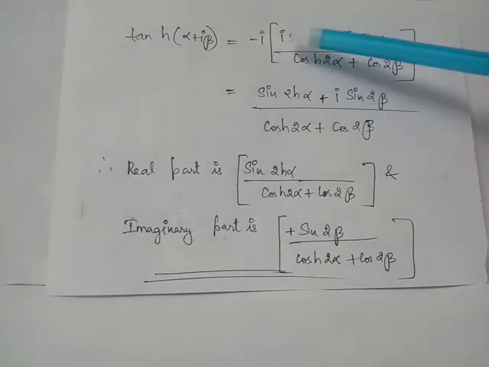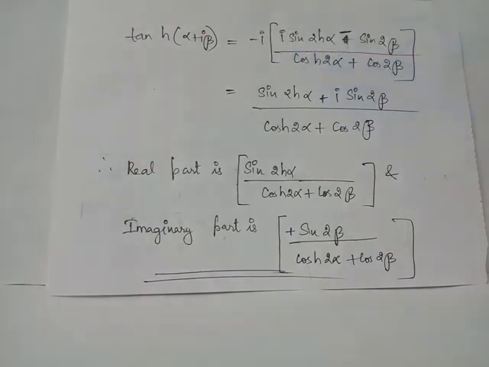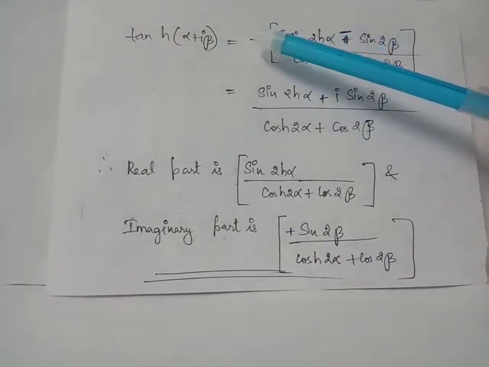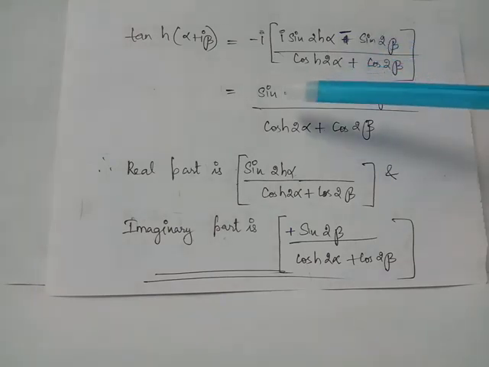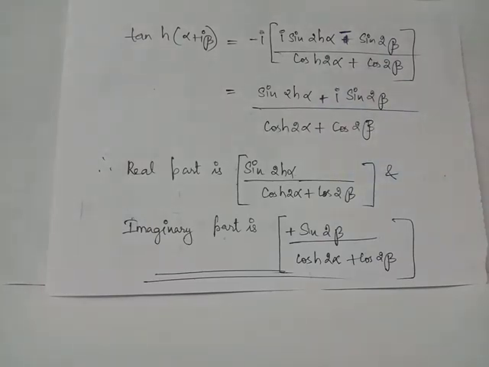Now we multiply minus I inside the brackets of the numerator. When I is multiplied along with minus I, this becomes minus of I square. Since I square equals minus 1, we have minus 1 into minus 1 becoming positive 1. Thus, the first term will become positive. When minus I is multiplied along with this minus sign, which appears along with the second term of the numerator, it becomes positive I. Now we can separate the real and imaginary parts in the RHS. We have the real part given by sin h 2 alpha upon the denominator cos h 2 alpha plus cos 2 beta, and the imaginary part given by sin 2 beta upon cos h 2 alpha plus cos 2 beta.